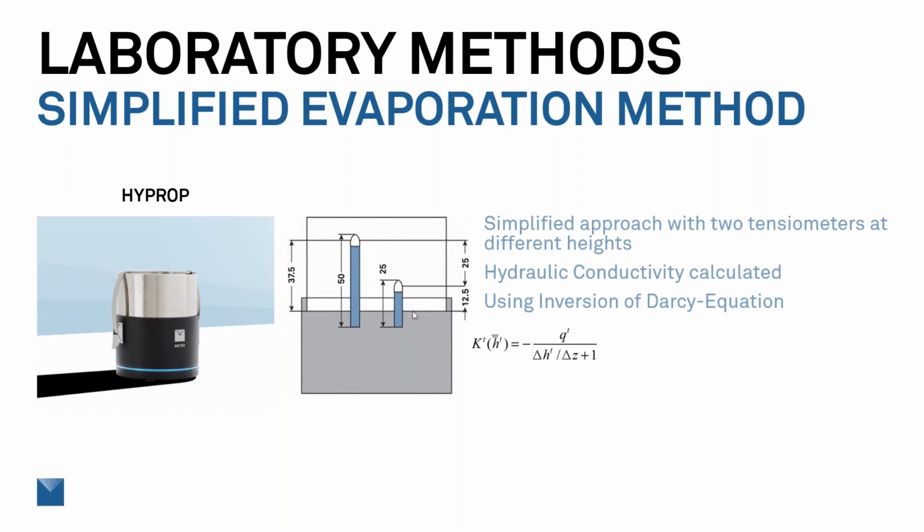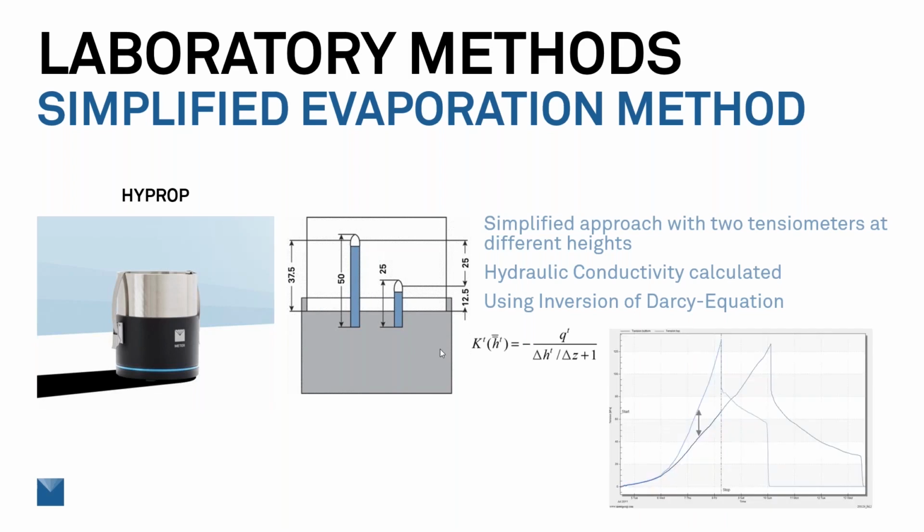We're measuring the change in water potential and water content simultaneously as the soil sample is drying. And with that, as the sample is drying, we begin to get a gradient in the water potential at the top and the bottom tensiometer. And using the inversion of the Darcy equation and that difference in water potential changes and the change in water content allows us to actually go in and directly estimate or measure what the unsaturated hydraulic conductivity is along the